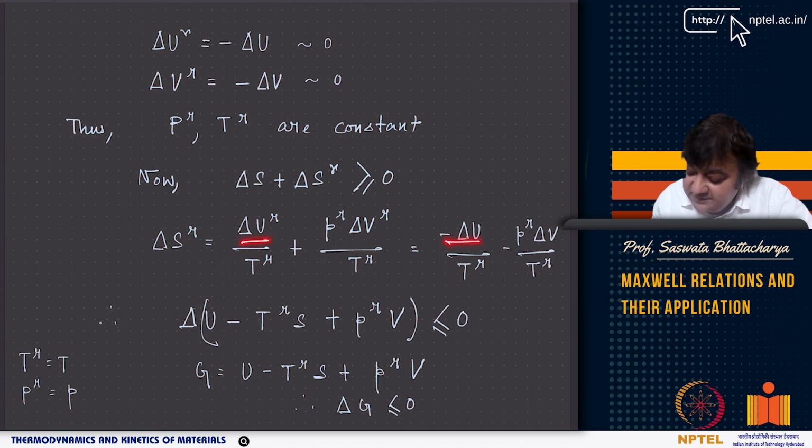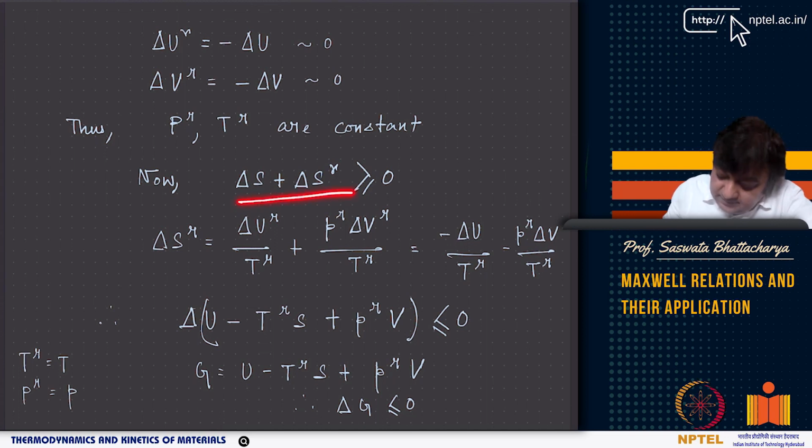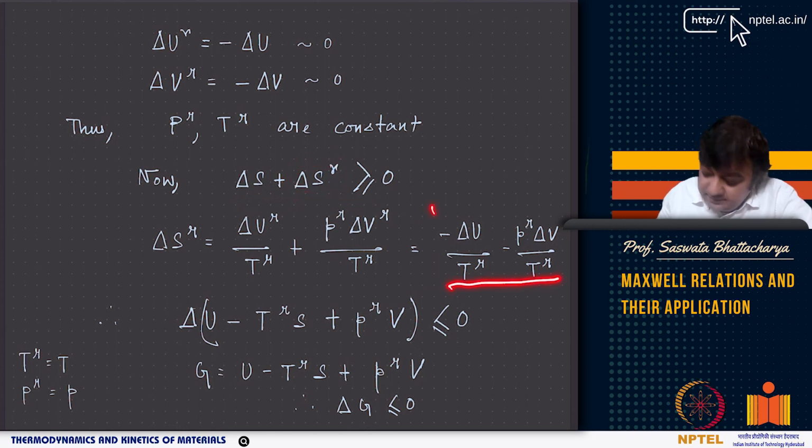which is basically, delta UR is nothing but minus delta U, right? Minus delta U by TR. And this will be PR delta V, because delta VR is minus of delta V. So you have a minus sign. So from this relation you are replacing delta SR with this term. Okay, so then it becomes, I take delta common, it becomes delta of U minus TRS plus PRV is less than or